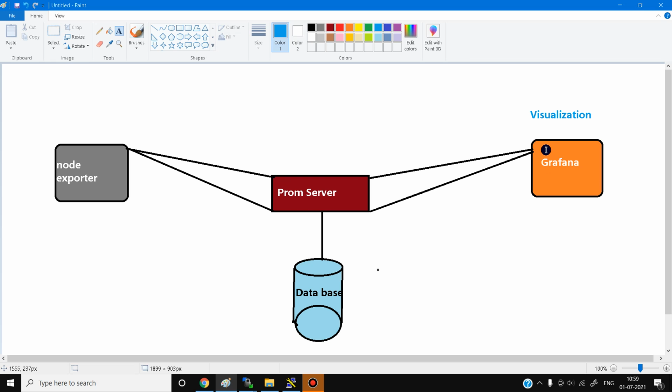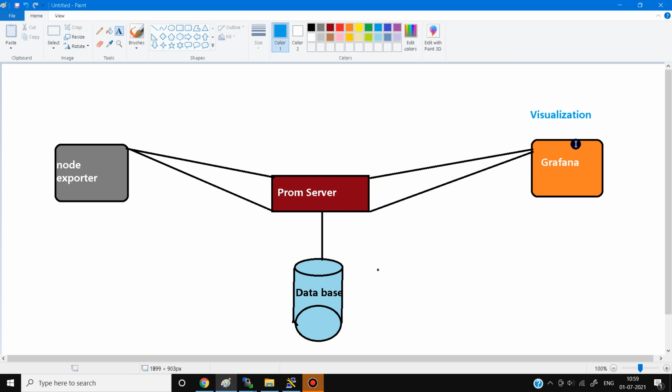It's a very powerful visualization tool. Whatever information you collect, you can see through a graph form in Grafana. You can get a lot of graph types. It depends upon you which graph you are comfortable with. You can choose that graph and understand the metrics information collected by the Prometheus server.